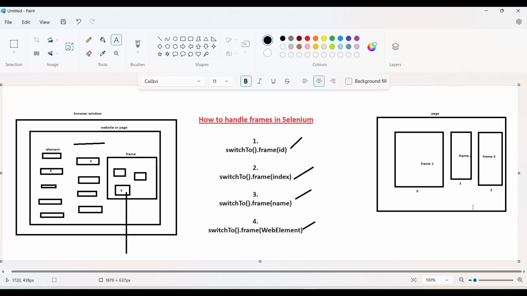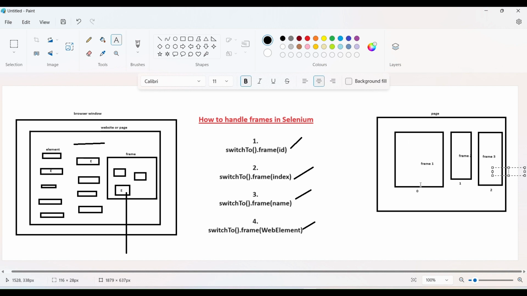If we have three frames, the index values will be 0, 1, 2 only. So if you want to handle the third frame, select index 2. For the second frame, use index 1. And for the first frame, use index 0.